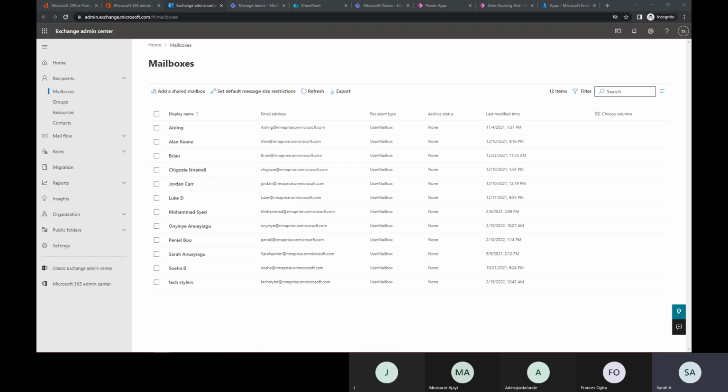Then for the 100 gig, if your 100 gig finishes, we have an extra 100 gig for you, and we still have what we call unlimited archiving. So even if the 100 gig is finished and the extra 100 gig I gave you is finished, you can still have emails. You can still send emails. It's part of your subscription. So these are the things you need to check as an admin